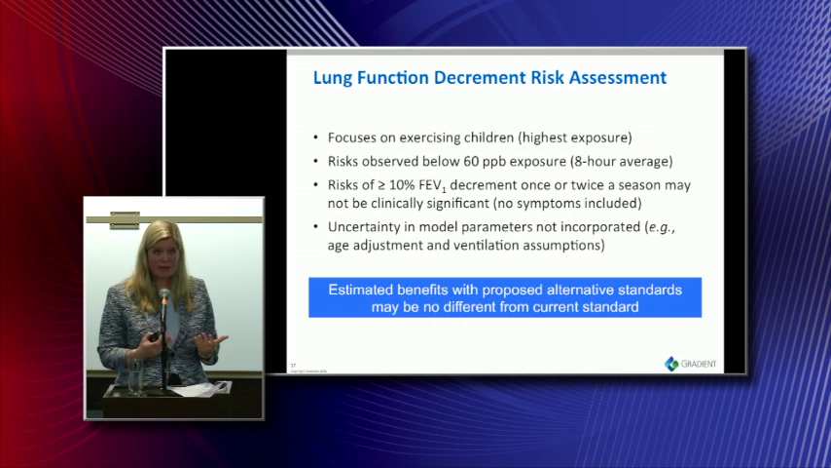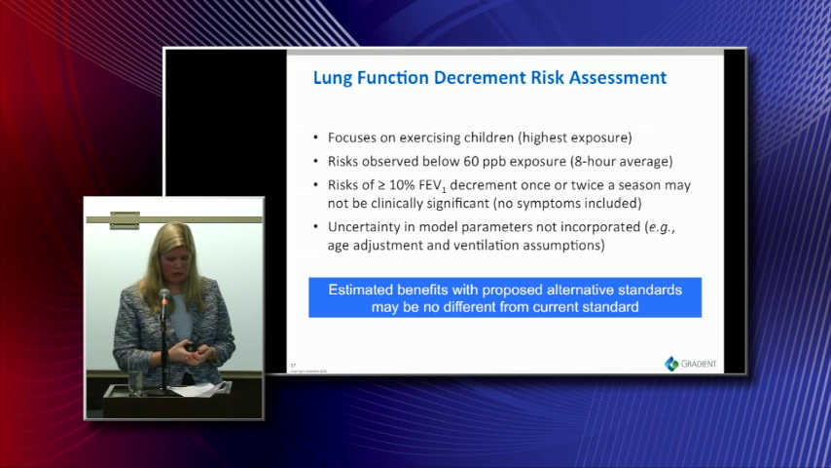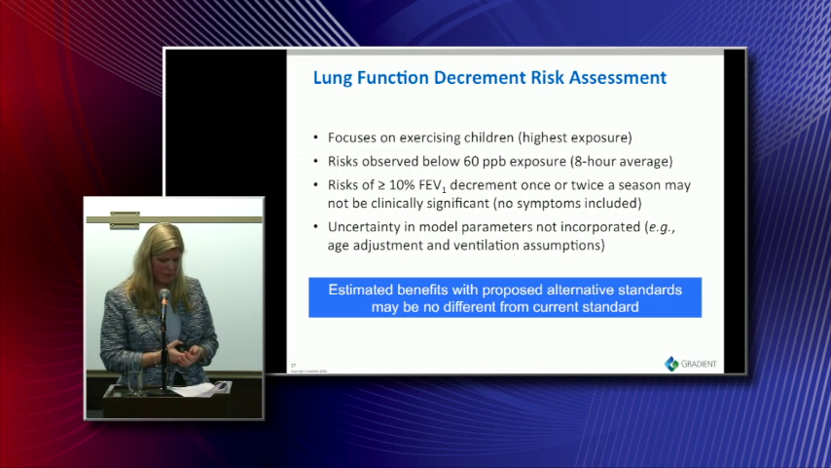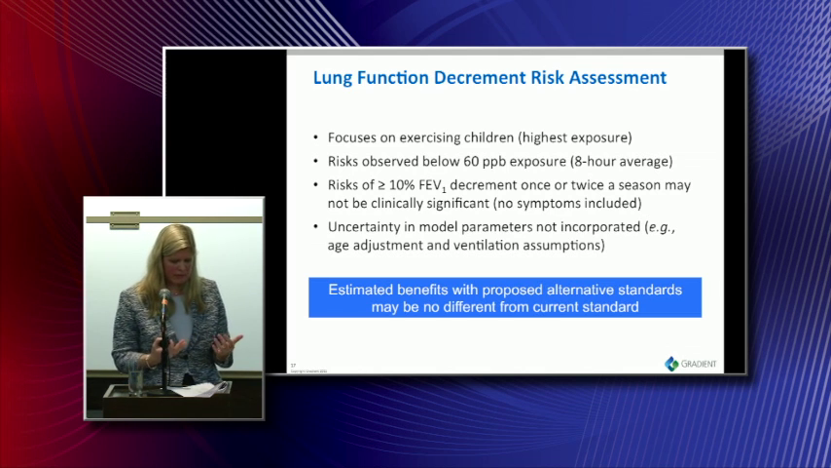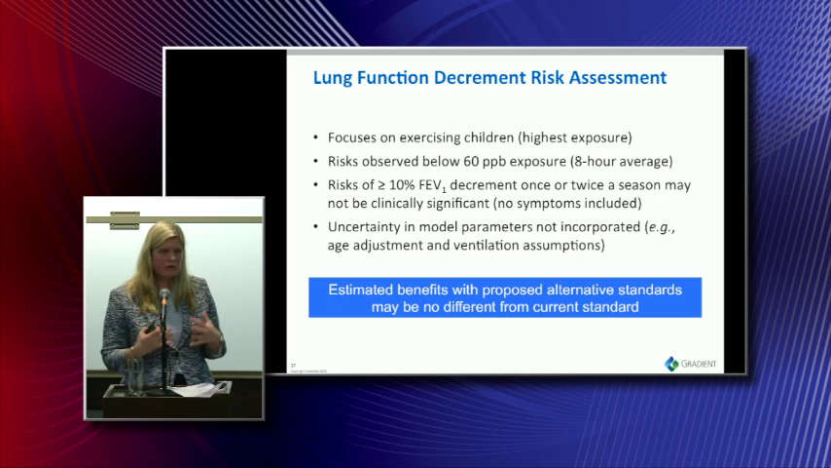EPA tends to highlight the results of decrements of greater than 10% once or twice in an ozone season. Whether that's really clinically significant, we certainly had that debate yesterday. But it's very important that we consider these are models, and there's a lot of uncertainty, and the uncertainty needs to be quantified to the best we can do, and it really hasn't been done,